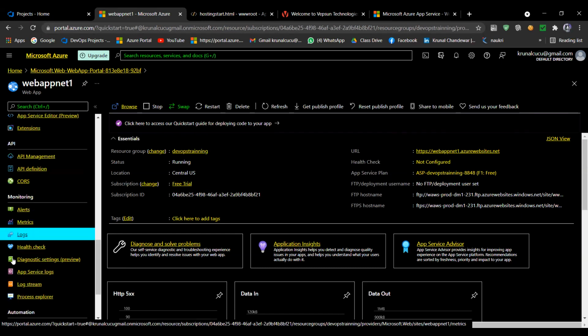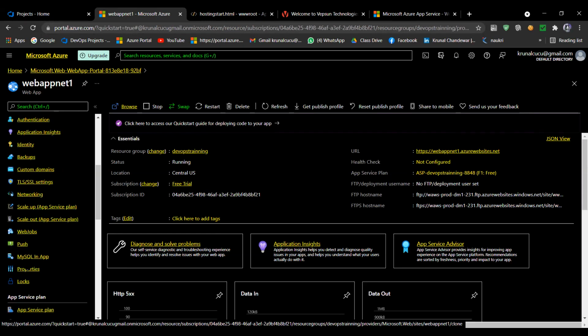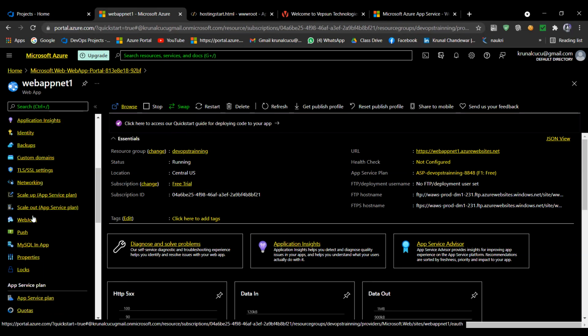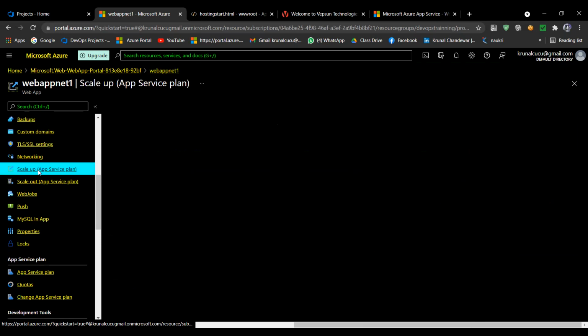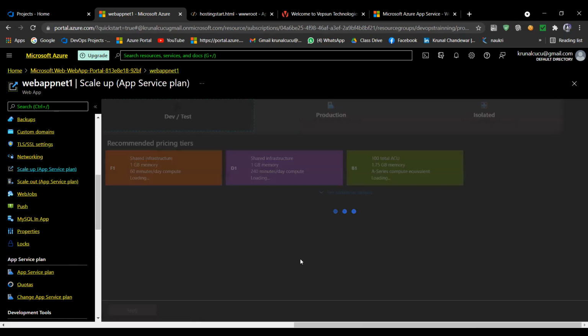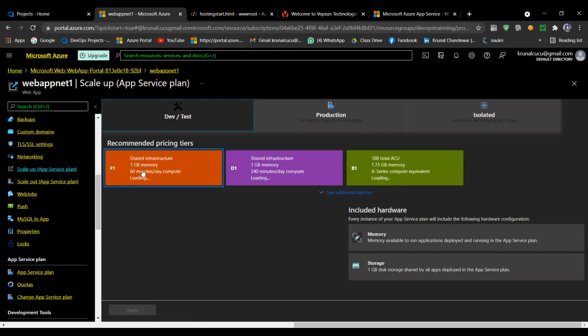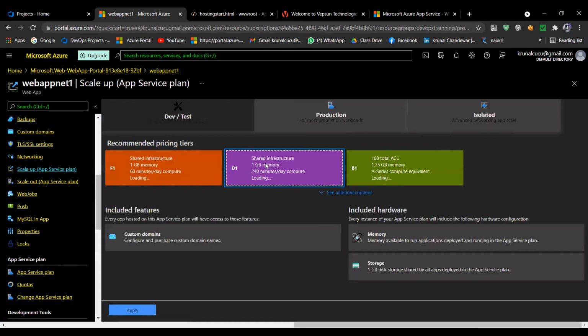Where is that? Yeah, this one. In Scale up, you are able to see the plans. We selected this plan, but if you select this plan, you can customize your domain.